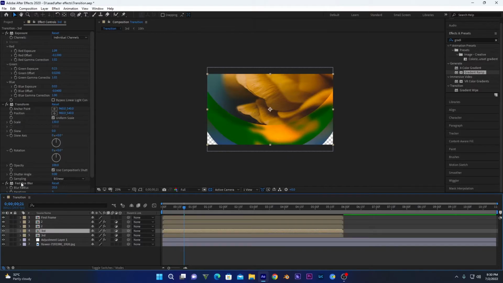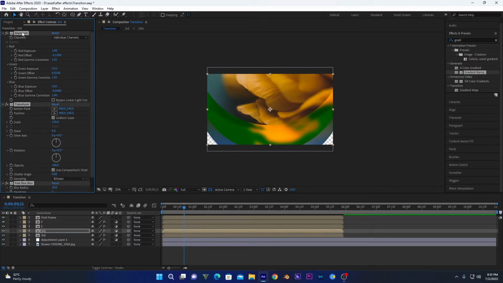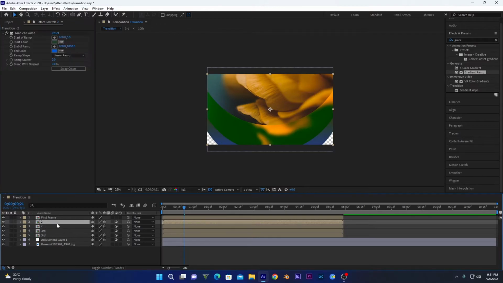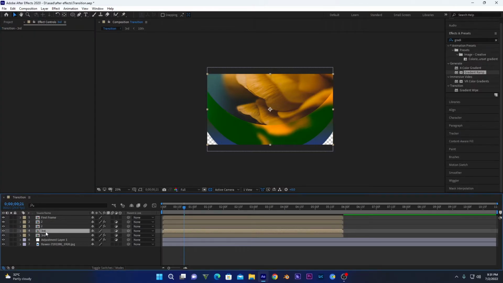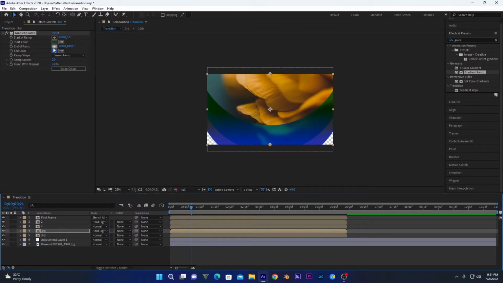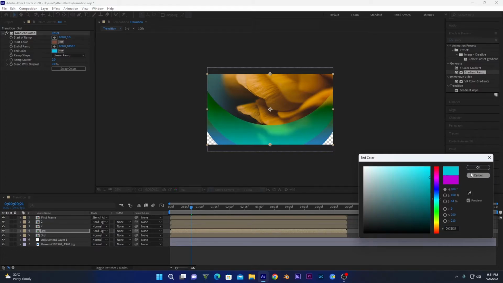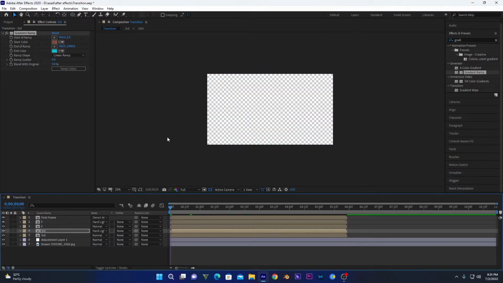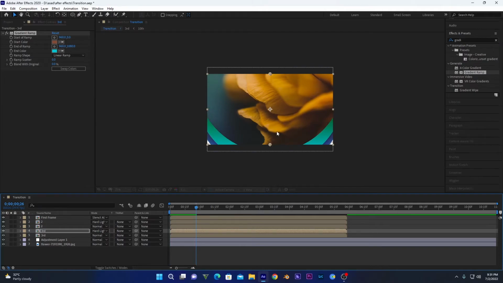Duplicate it one more time to add gradient effects. Delete all of these effects. Go to our second gradient layer, click this, copy this gradient and paste it on the third one gradient. Change the blending mode to hard light. Change the colors as you want. So I'm choosing these colors. Now if I play this animation, two layers of it are created, and to create the third layer, drag the